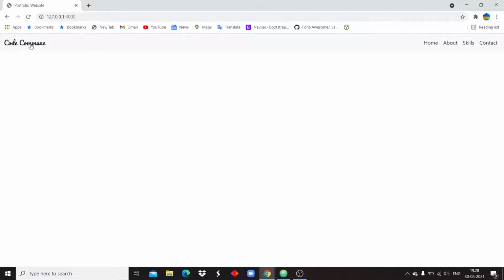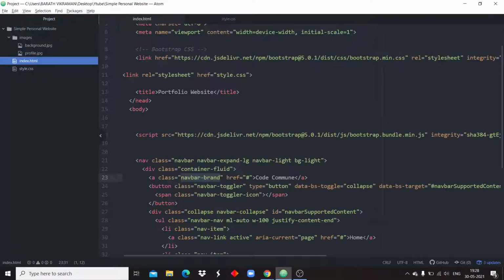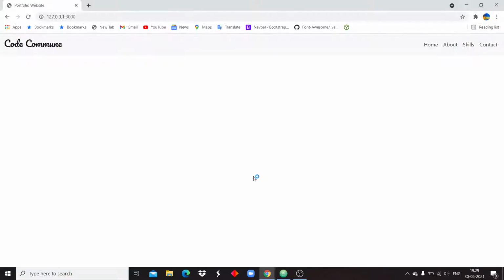Now you can see it changes, but the font size hasn't changed, so I am including the H3 tag. Just cut it and paste it in between the H3 tag. Now you can see the font size has been increased.